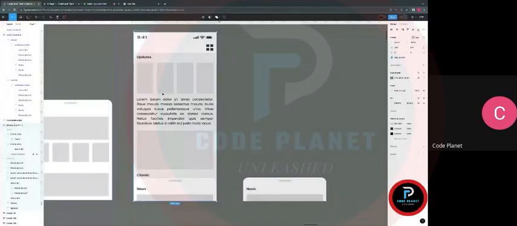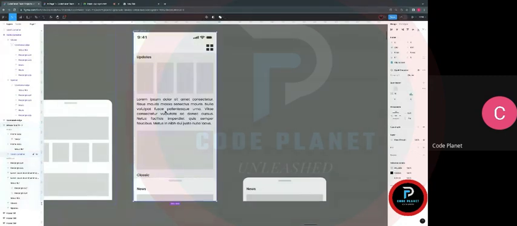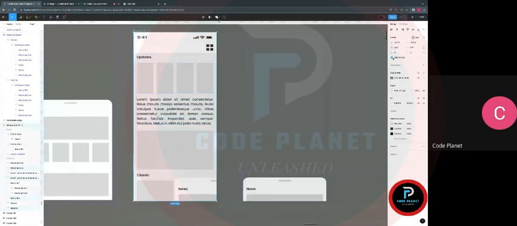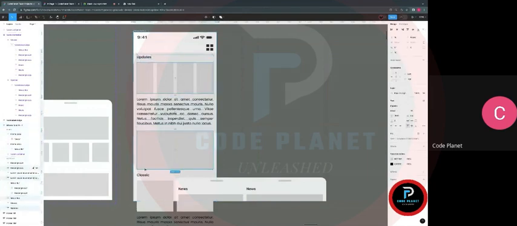Select this, select our text. So I'll just pick this one, shift this aside a bit, and I'll select everything we have here. First of all, remove the clip content so I can pick everything. Come here, select this, hold shift, this,